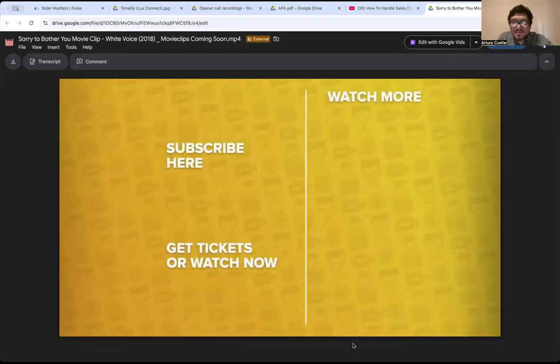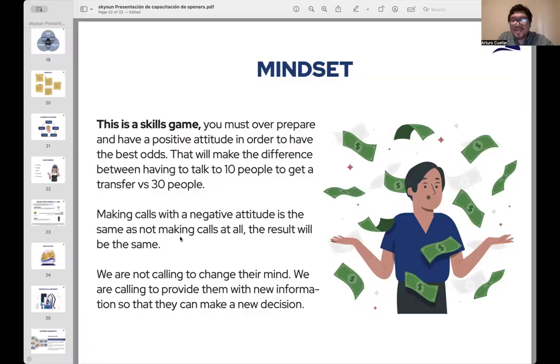So, guys, girls, please try to use your inner white voice for these phone calls. Mindset is key. If you don't have the mindset, maybe this job is not for you. Why? Because you have to be okay taking rejection. Maybe it takes 10, 15, 20 calls for you to find that one opportunity. And based on our metrics, it takes 4 to 5 transfers for you to produce one appointment. So indeed, this is a numbers game, but at the same time, it's a skills game.